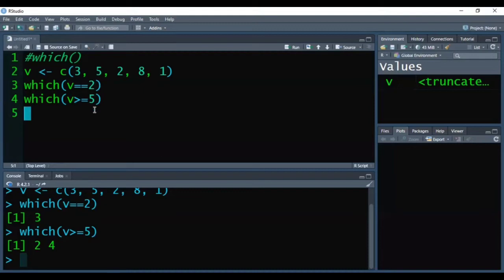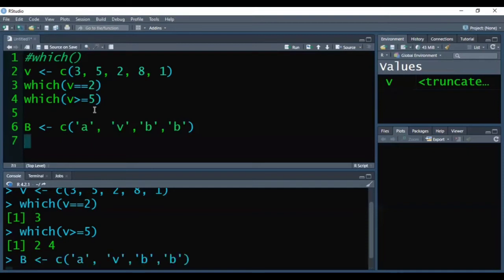Similarly, if we are creating any vector of alphabets, in that case also we can use the which function. For example, here I have written a vector B with 4 elements.